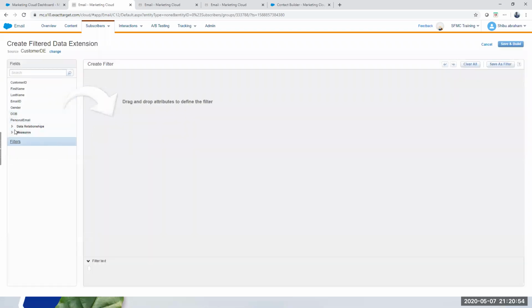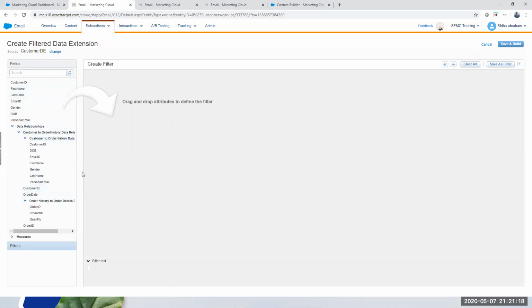Here you will notice something called data relationship, which was not there in the other one, because we created a data relationship using this customer DE table as one of the sources. If I add that, you will see additional options coming here. These are the 2 data relationships that you created. One was customer to order history, and the other one is order history to order details.